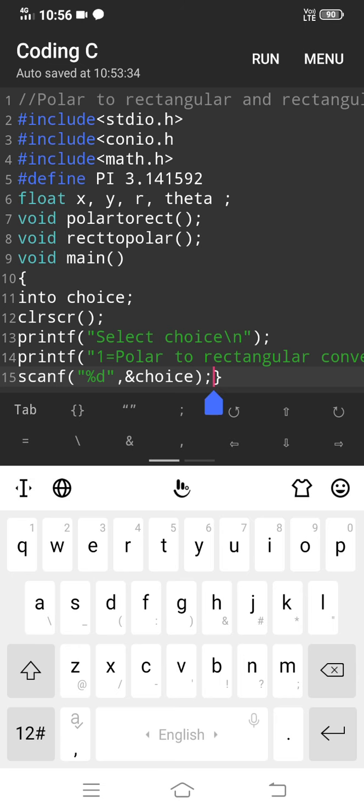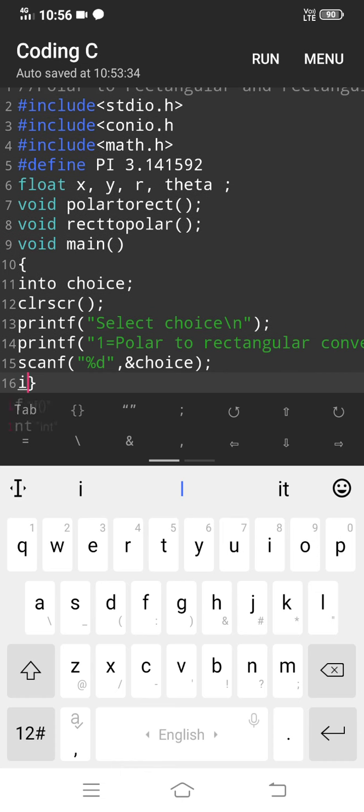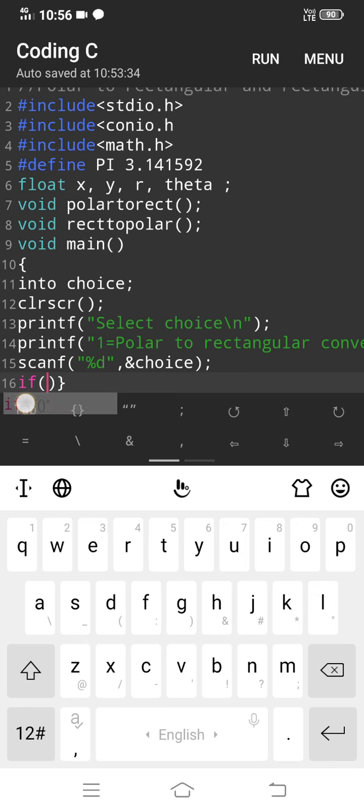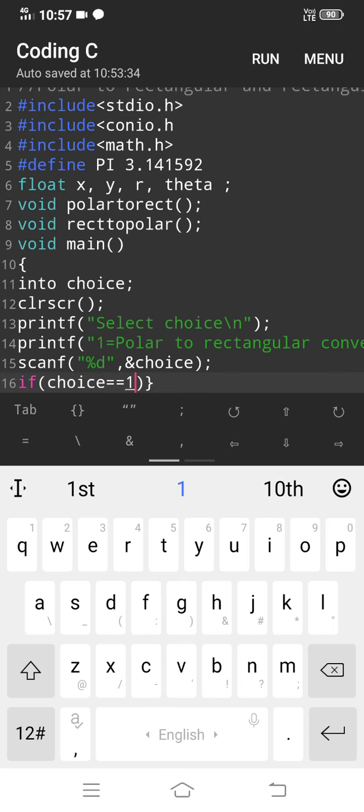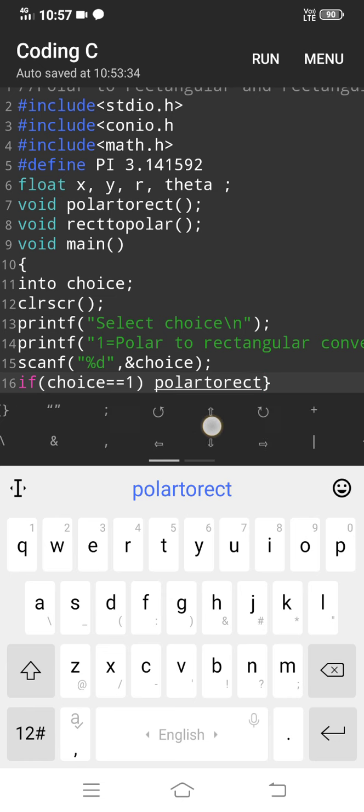If choice is equal to 1, here the relational operator double equals is used. If we use only a single equals, then we are assigning 1 into choice, so we are using the double equals relational operator.